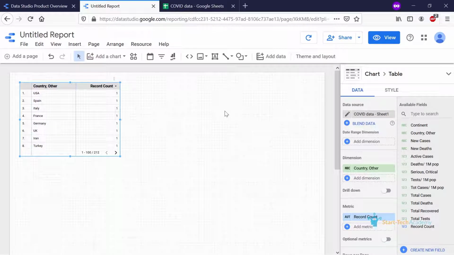In the last video, we added a data source, and after clicking the Add to Report button, you would be seeing this screen. This is your report edit page. We will be creating the report here. This table has been added by default for me. You may or may not get this. I will anyway delete this table.